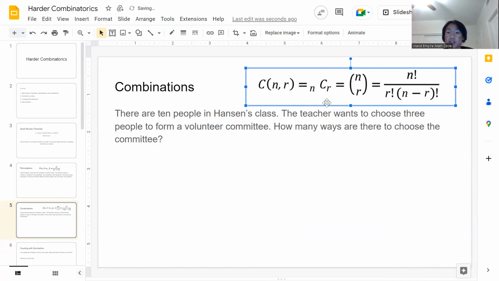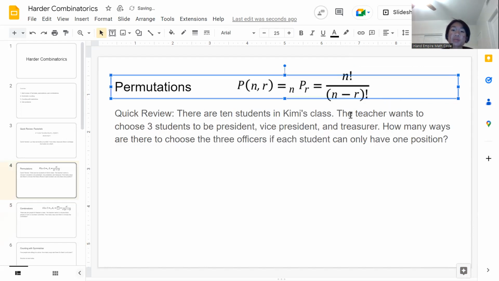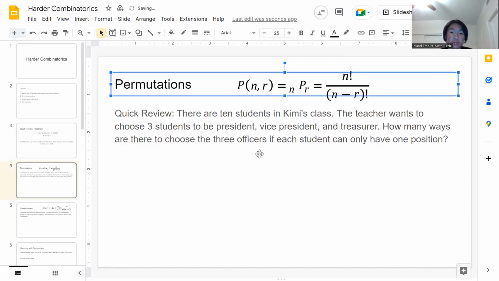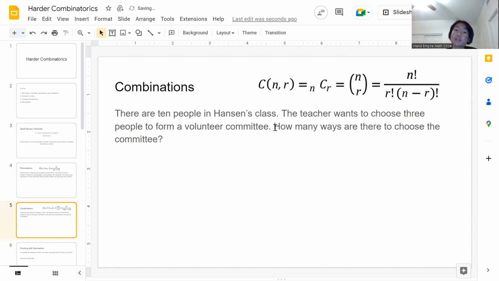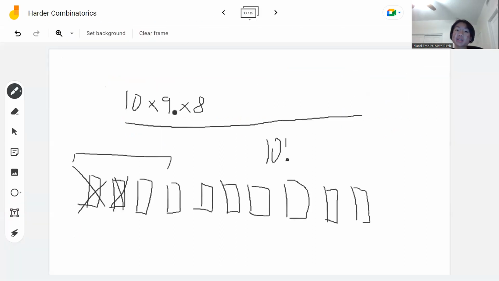So that's where this equation comes in here. As you can see, we've added another r factorial. So this r factorial here is the number of people that we're choosing. This extra one up here gets rid of the overcounting. So if we were to tackle this problem like we did earlier, just 10 times 9 times 8 because of the 3 different choices,